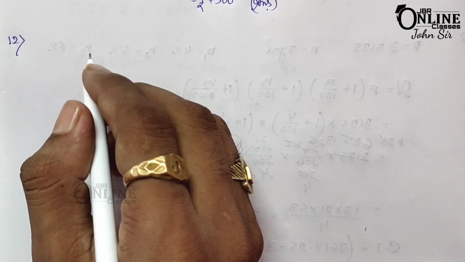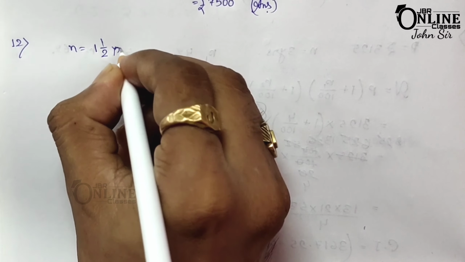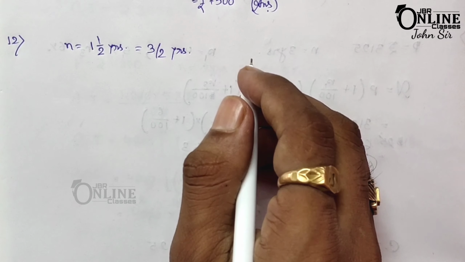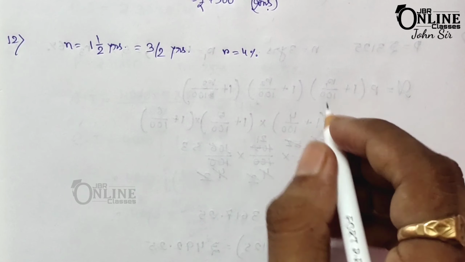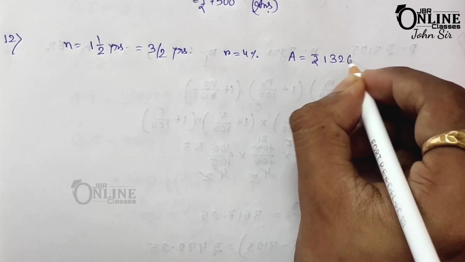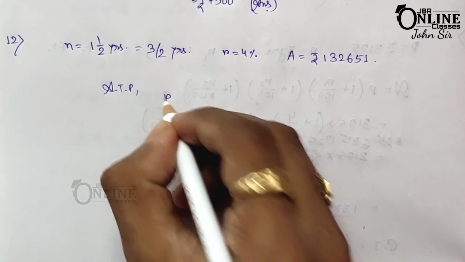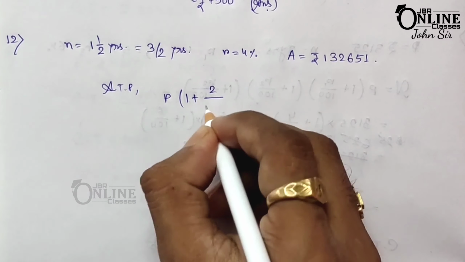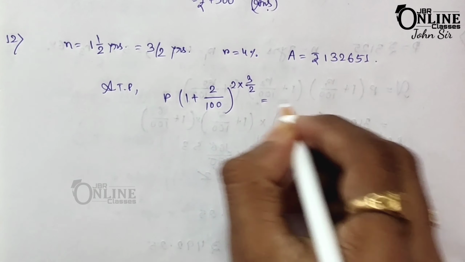Now next, sum number 12. What sum invested for time equal to 1 whole 1 by 2 years, that means 3 by 2 years, compounded half yearly again at the rate of R equal to 4% per annum will amount to rupees 132651. So again the same formula, P into 1 plus R by 2, R by 2 means 4 by 2 equal to 2 by 100, and 2 into n, so here n equal to 3 by 2,